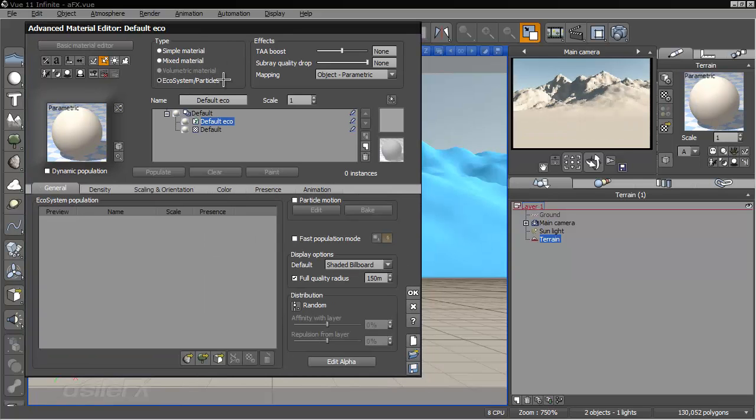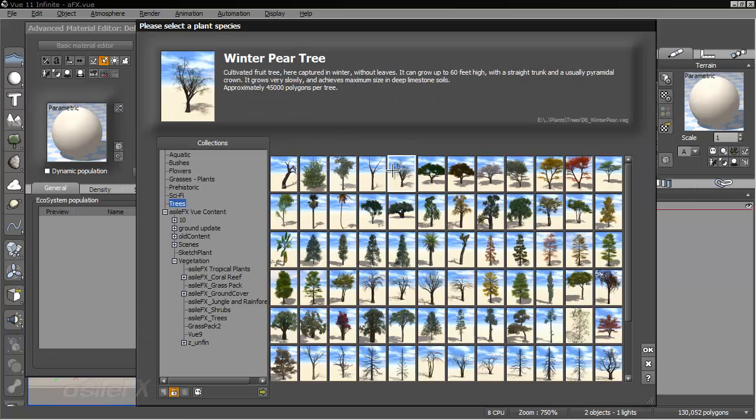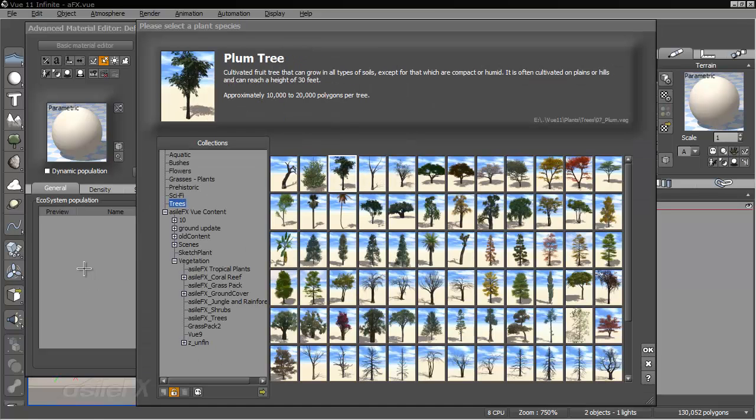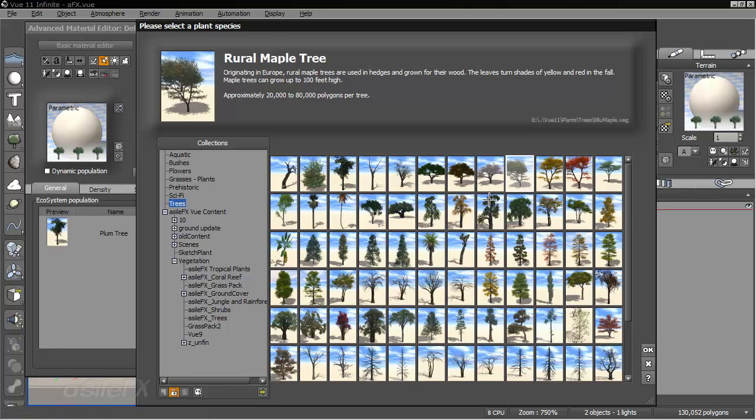It's just now we have the ability to manipulate particles as ecosystems. We will look at that in depth in another section. So let's start by adding just some vegetation, selecting plant species, and I'm going to go ahead and drag in plum tree, and also add in, we'll use maple tree,